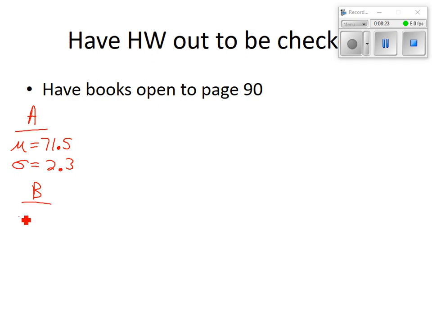Player B has a mean of 70.1 and a standard deviation of 1.2. They want to know which player is the most consistent. What would we look at to figure out who's the most consistent? The standard deviation. Alright, so